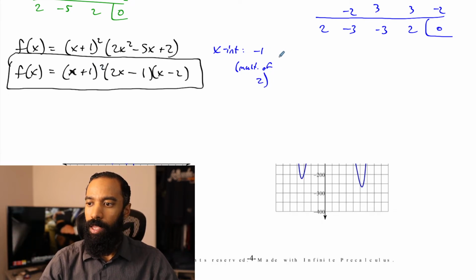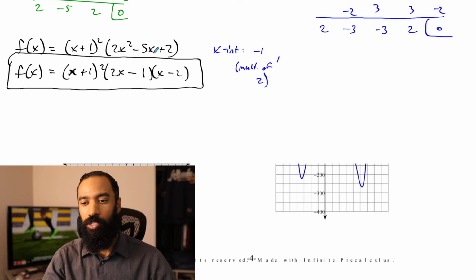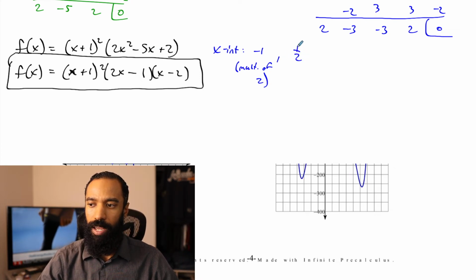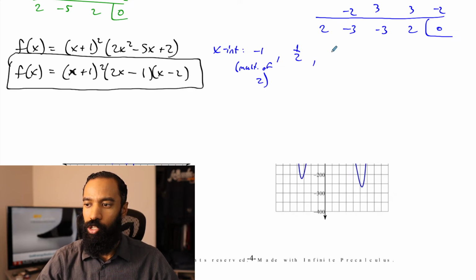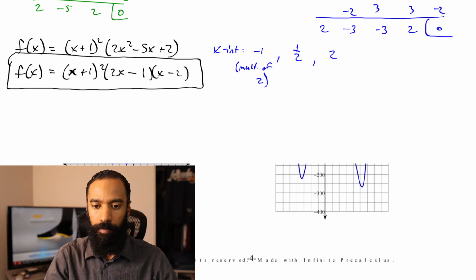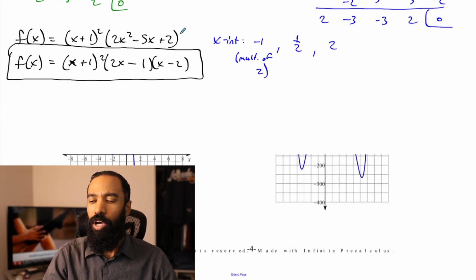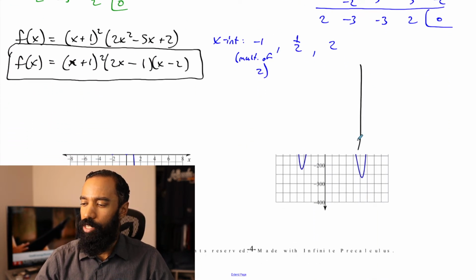That part's squared. The next one is 2x minus 1 equals 0. If you add 1 and divide by 2, you get x equals 1/2. So 1/2, that is a multiplicity of 1. And then 2 right there. And then sketch the graph. So sketching this graph here,